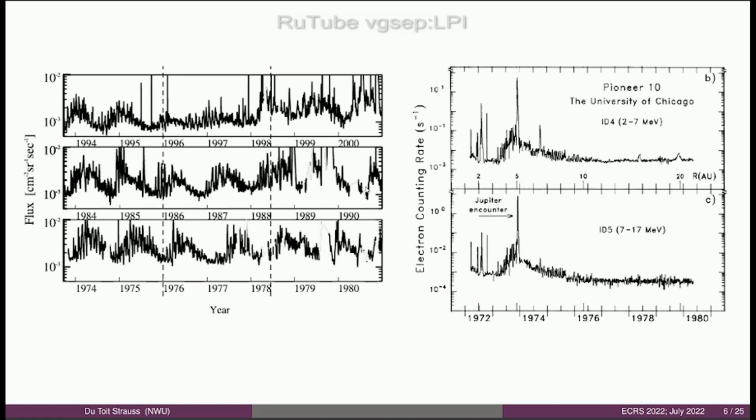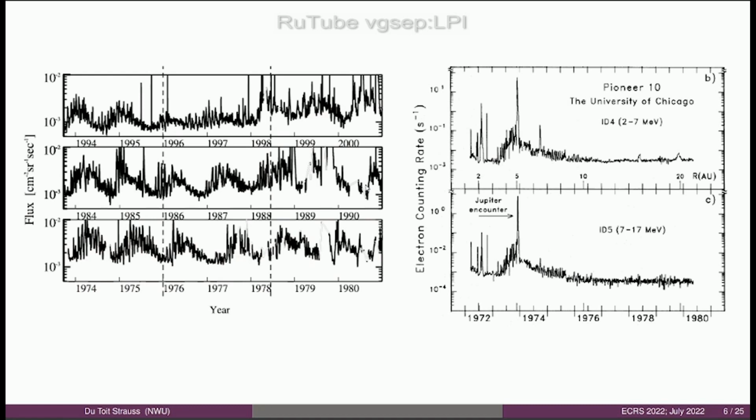So Jovian electrons, it's basically what the name says. It's electrons accelerated by the Jovian magnetosphere. We've been measuring them since the 1970s. At Earth, if you look at the flux or the count rate of these MeV electrons, it's characterized by a 13-month periodicity in the count rate, and it's pretty stable from, in this case, the 1970s to the 2000s.